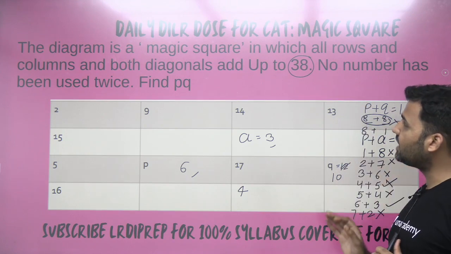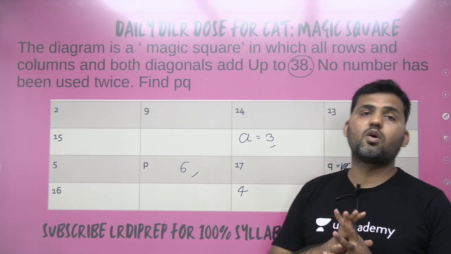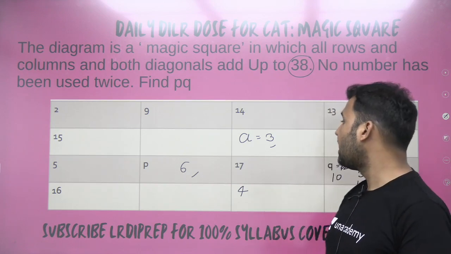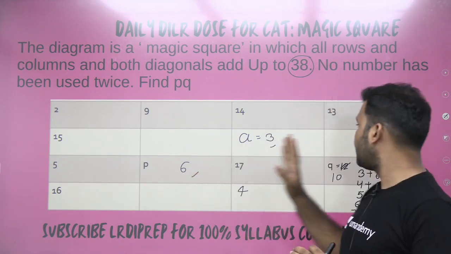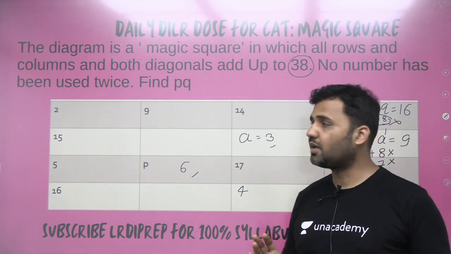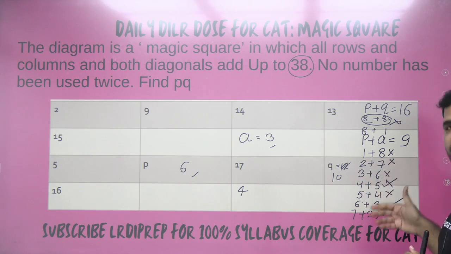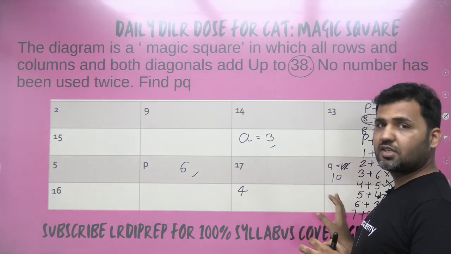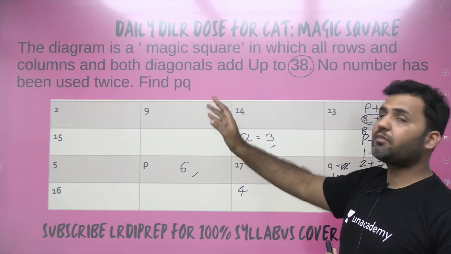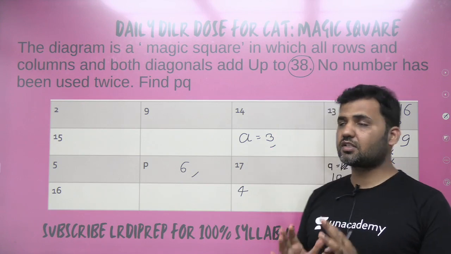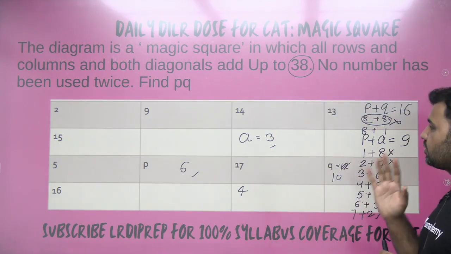So if there is a matrix that exists with a condition where no digit is being used twice in the matrix and the summation of rows and columns should be 38, the only possible combination for P and Q has to be 10. Do I need to find the rest of the digits? It's not necessary, because if we would have two options, right, and if we would have to verify which of these two cases will work, then we might have to complete the matrix. But here we are getting only a unique case. Only possibilities for P and Q is to be 6 and 10.